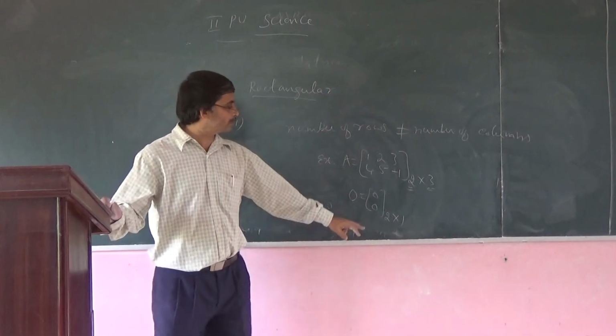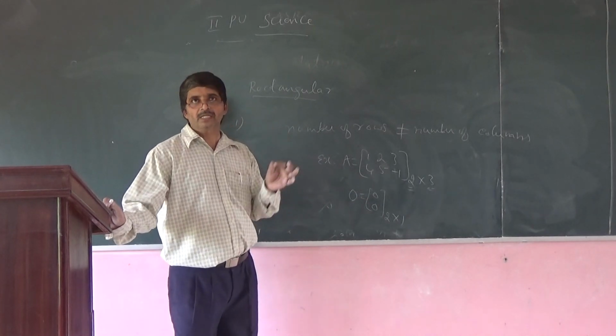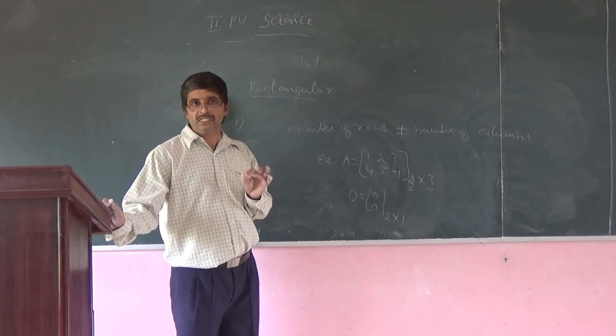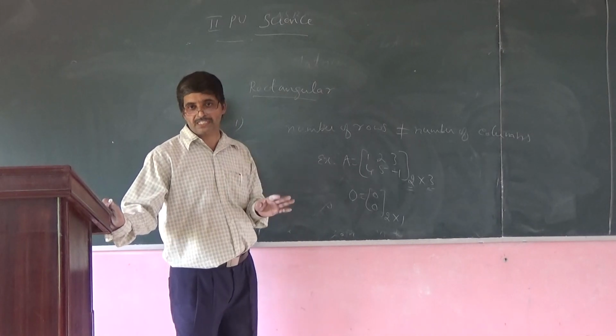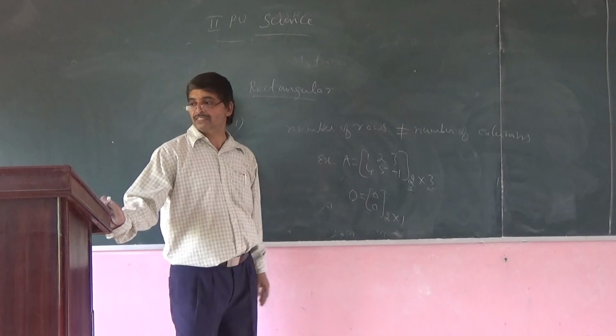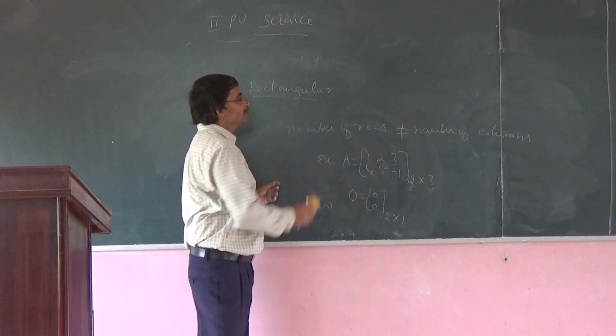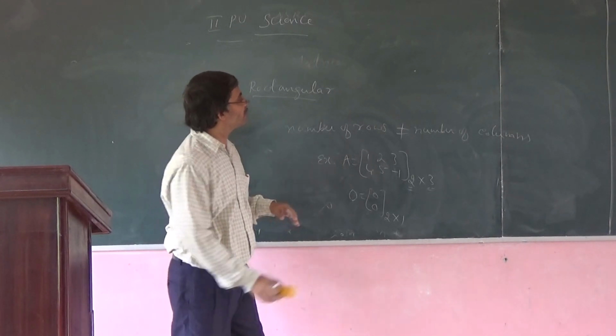So it is again a rectangular matrix. Just remember, if the number of rows, say m, is not equal to the number of columns, say n, then it is a rectangular matrix. Now the next question you may ask is, what happens if the number of rows